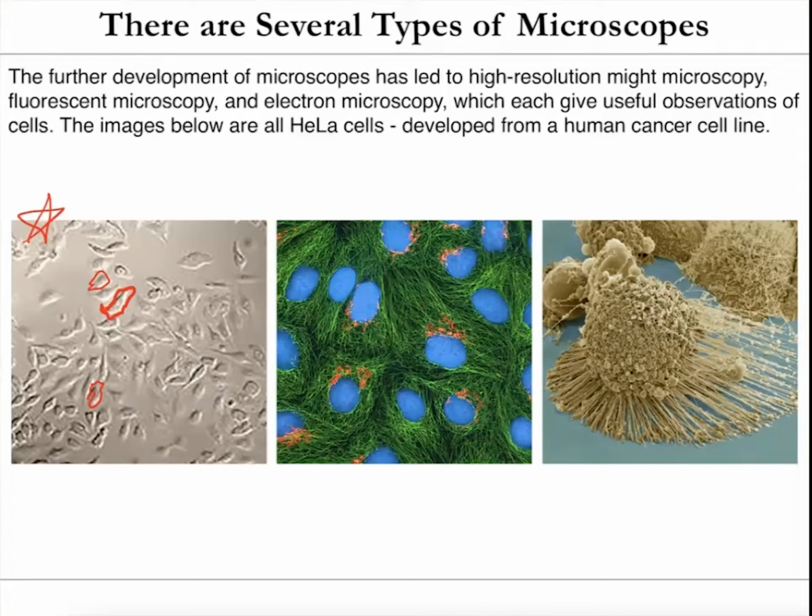There's also, it's been modified, and we have things like fluorescent microscopy, which is light microscopy, but also able to detect and visualize fluorescence at different colors, basically. And how this works is you take different molecules that have fluorescence to them and will bind to different structures. So for instance, this molecule DAPI right here binds to the DNA in the nucleus of cells and stains them blue. So this is a really good way to visualize cells because you can see all the nuclei in the cells, which we'll talk about in a bit.